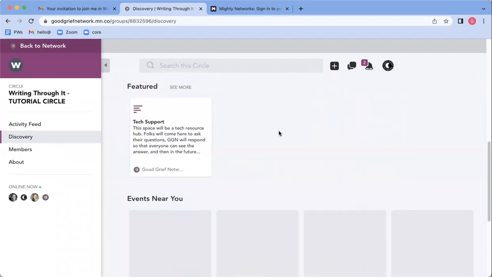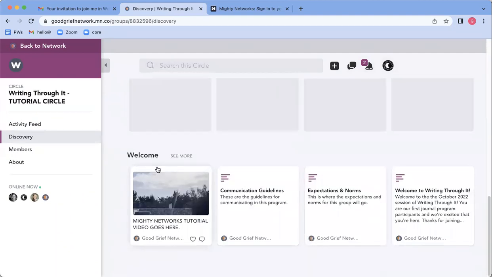First is that if you scroll down to the bottom, you can see all of the welcome posts from your host. And Good Grief Network is hosting this event. And you can see that the welcome posts are welcome to writing through it, asking folks to introduce themselves here. The expectations and norms for the group will be listed here. Communication guidelines will be listed here. And there will also be a video here that's a tutorial on how to use Mighty Networks, and that's the video that you're watching right now. So if you ever need to revisit it at some point, it will be located here in the welcome section